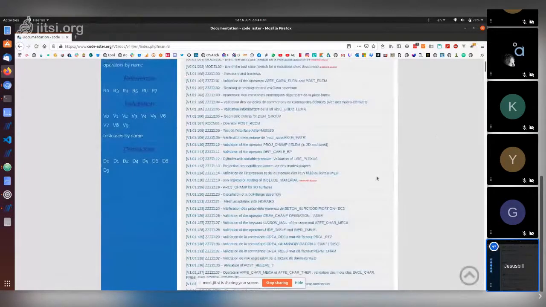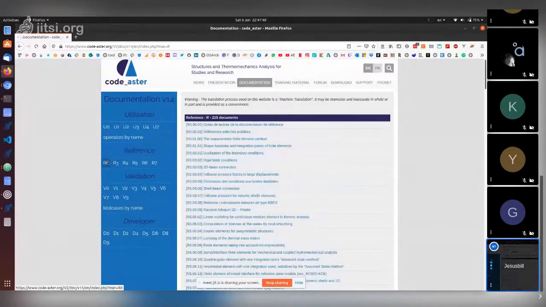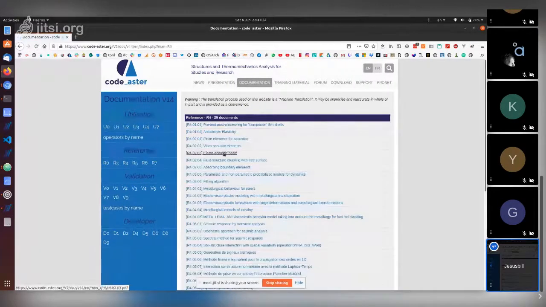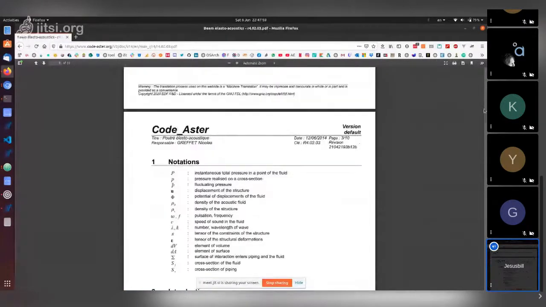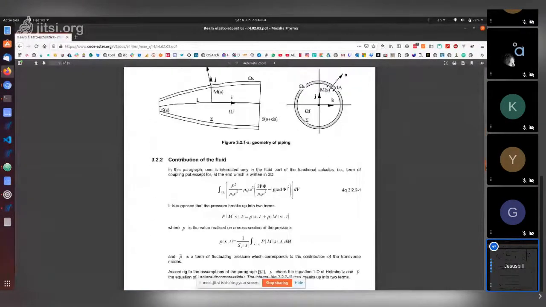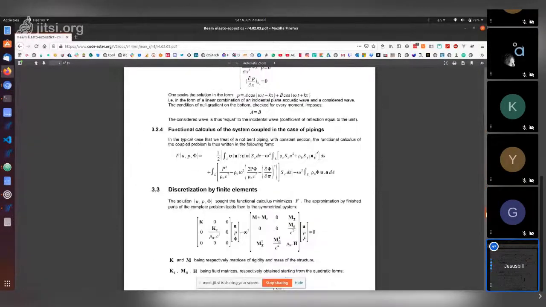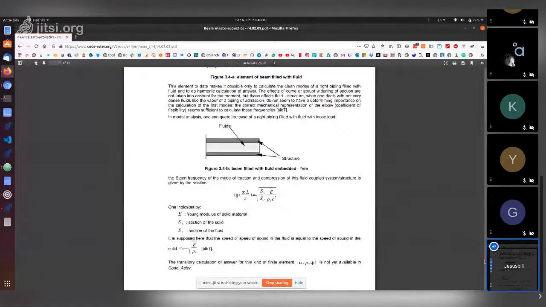They have more than 1,000, 2,000 tests. I don't know exactly where the mathematics reference is, so let's open something. You can find everything that is in the code, so from that point of view, it is very strong, as long as you have the time to read everything